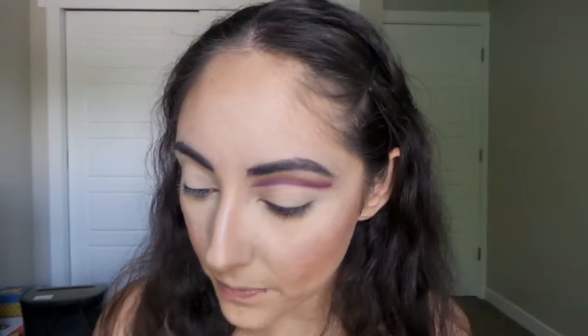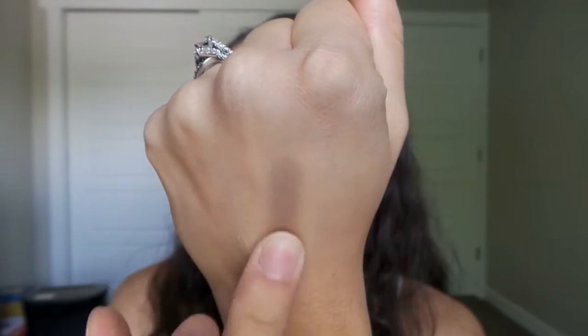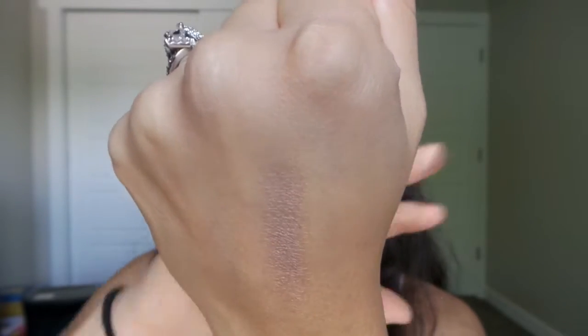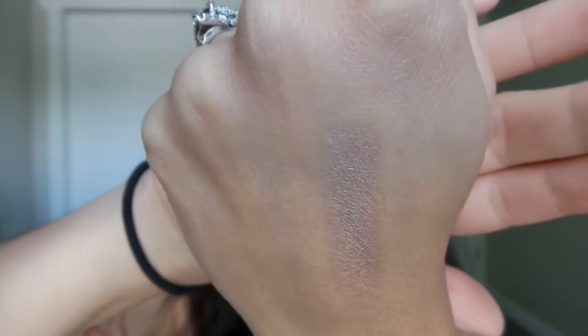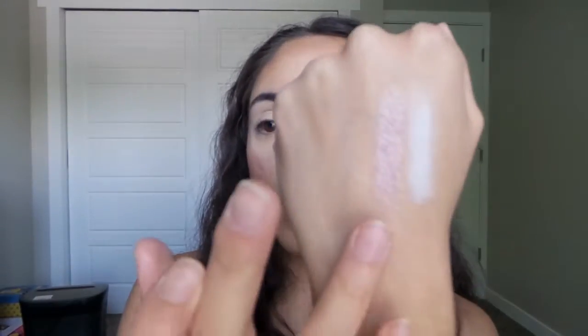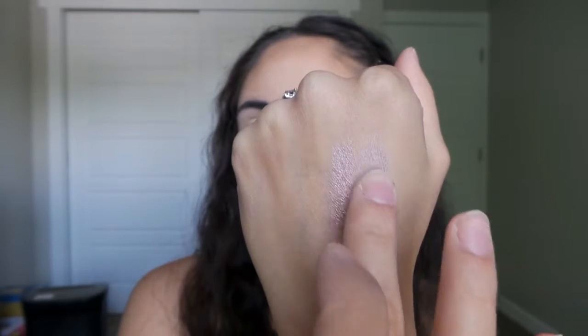Oh, butter. It's butter. I just swatched the first color. So I swatched Hustle. Let's see how that looks. So here is the swatch of that shade. This is Hustle on its own, and this is Hustle over top of